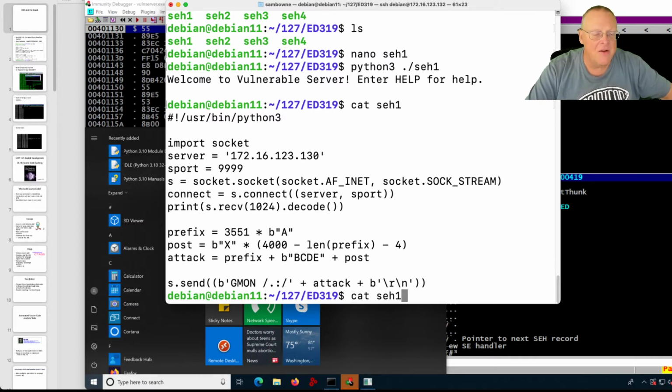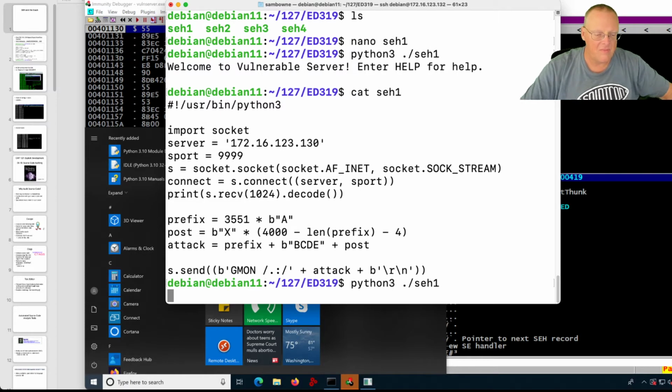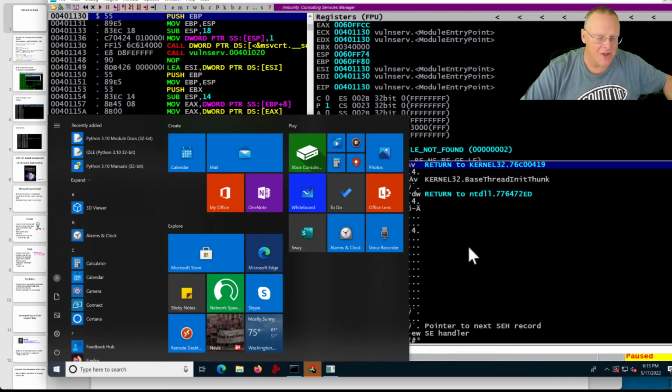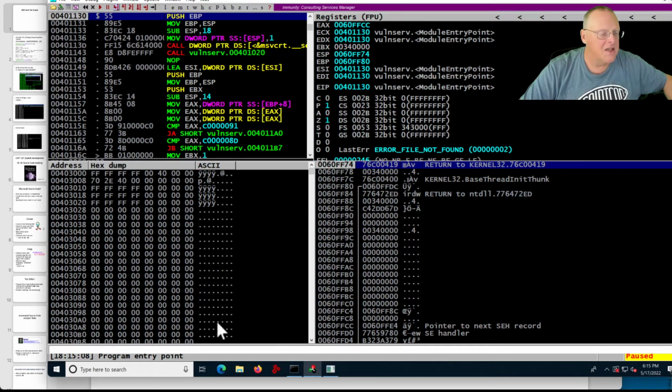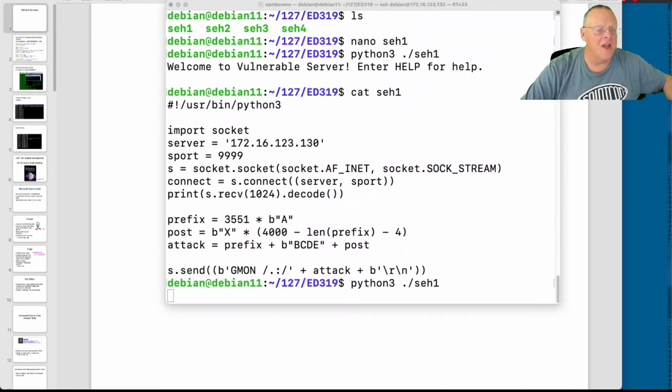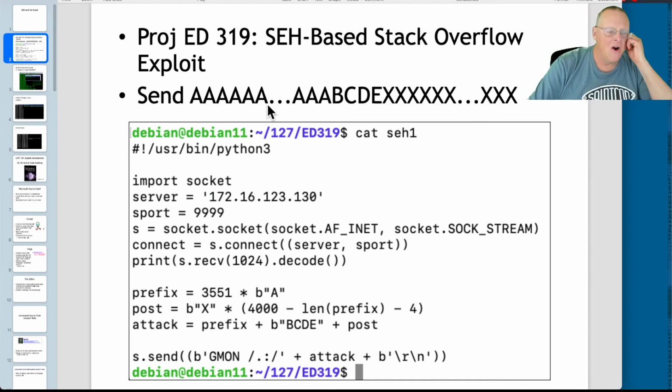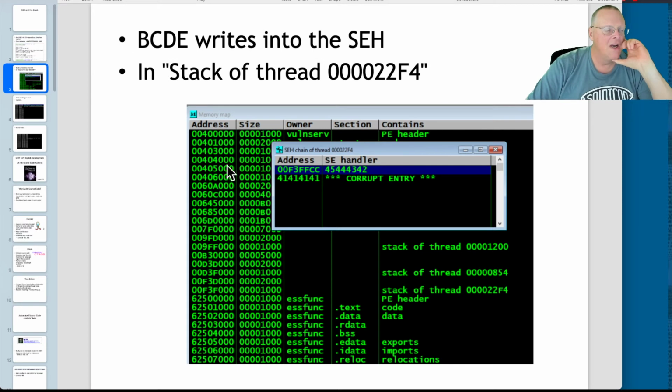So I send them that, and if this thing will respond, instead of just popping up the Windows Start menu covering everything. No, looks like it was not running. All right, we're going to look at the slides because the Windows demo is so slow it's useless. So you send A's followed by BCDE followed by X's with this program, and you will then